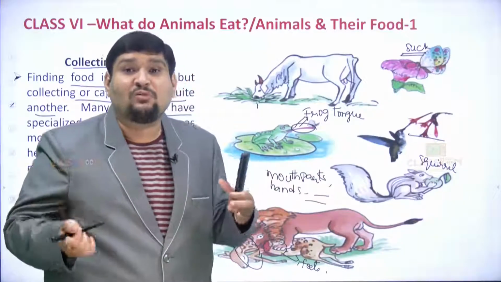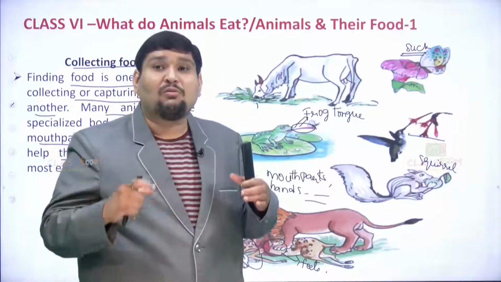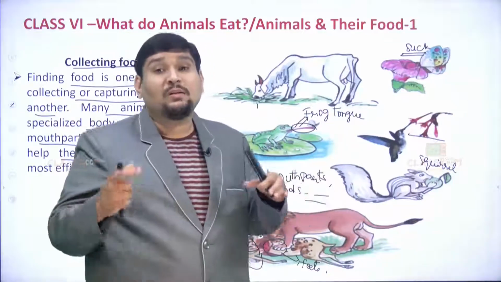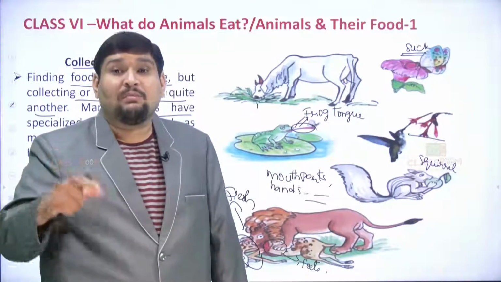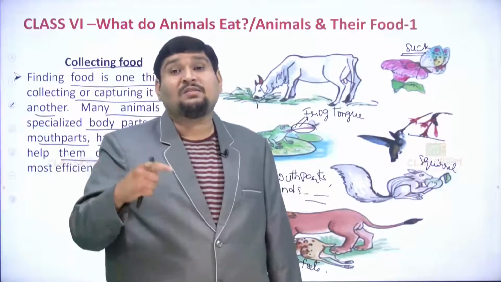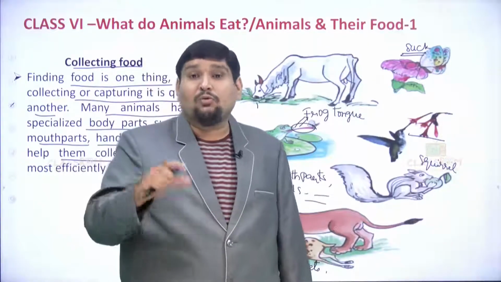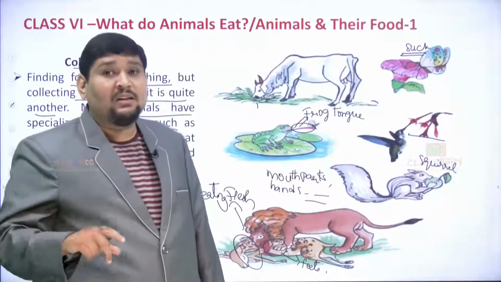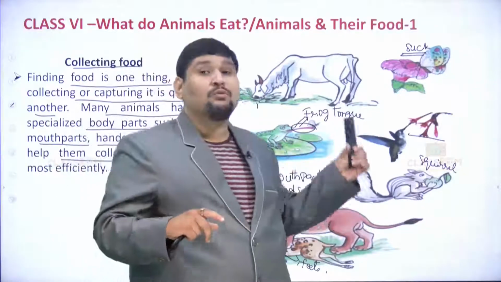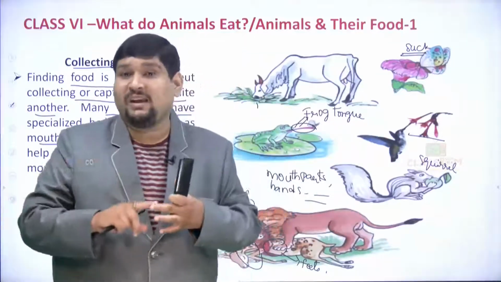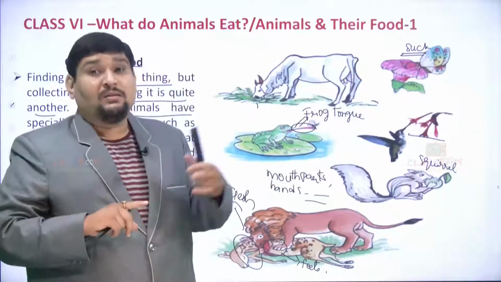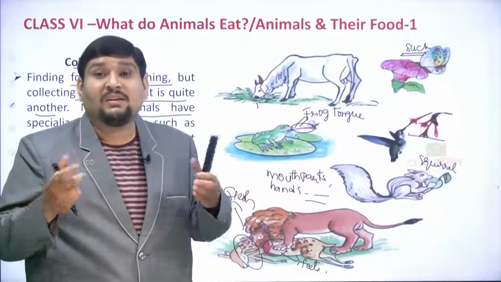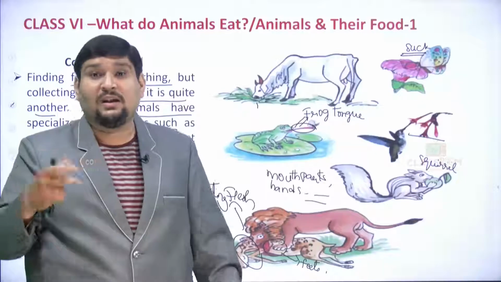So once they first try to track it, once tracking of food is done it is followed by collecting the food in one form or the other, which is also one of the other important tasks such an animal needs to do. Before that they first track down, and once they track the food then they collect the food in one form or the other: by their mouth parts, by their hands, by their feet, by the tongue and by sucking. So there are different modes and forms by which they first track, then collect that food and have it.